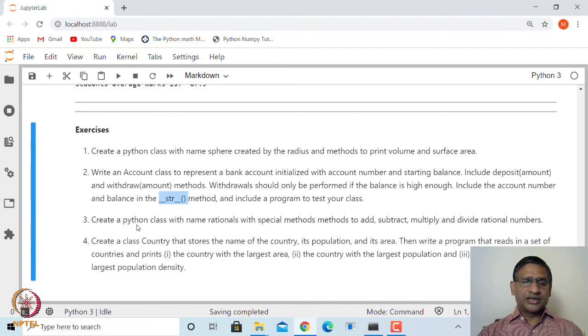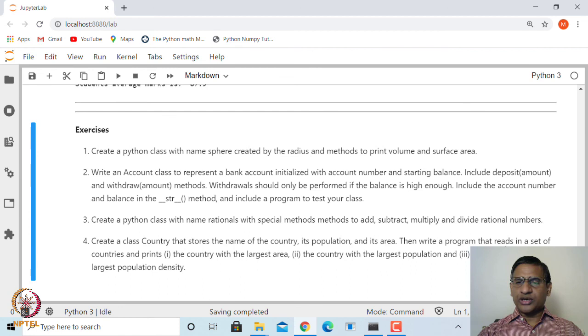Okay. Create another class called Rational for doing computation with rational numbers, and use special methods like add, subtract, multiply, as we have done for Vector3D, so that you should be able to add, multiply, divide, subtract rational numbers, even equate. Okay. And the last one is to create a class called Country, that stores the name of the country, its population and the surface area, the land area.